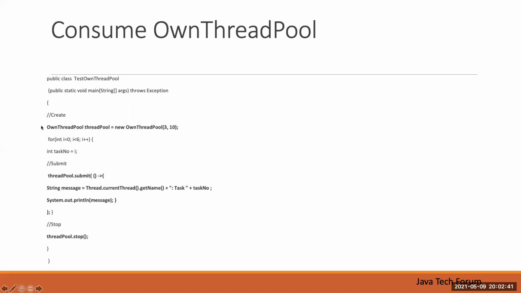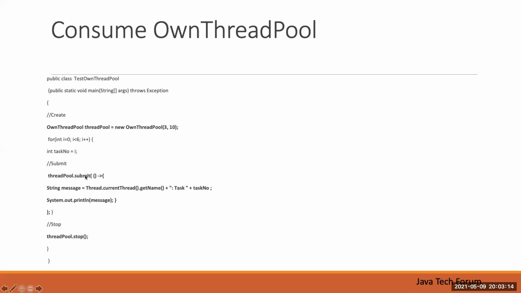Once this is executed, it will create three threads, and it will create a blocking queue with a size of 10. Then we can loop through, say 6 or up to a maximum of 10, and submit the tasks by calling the submit method.